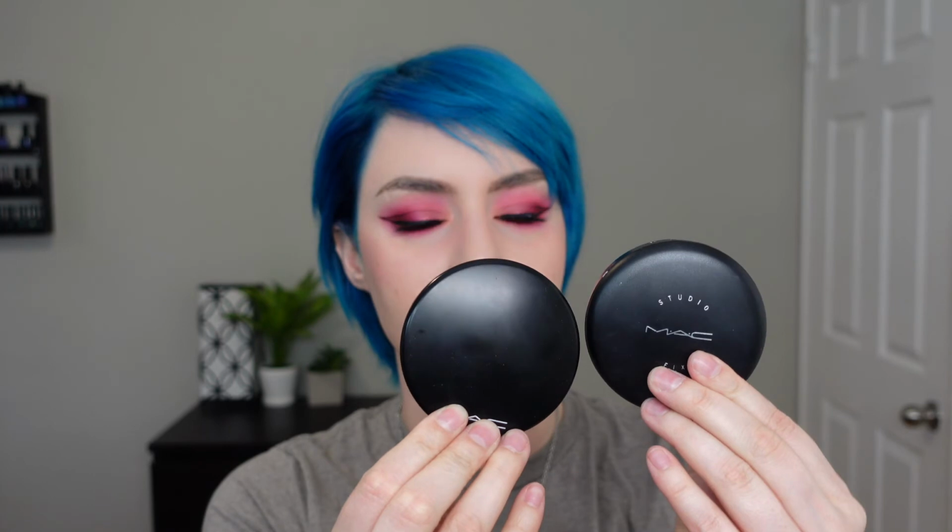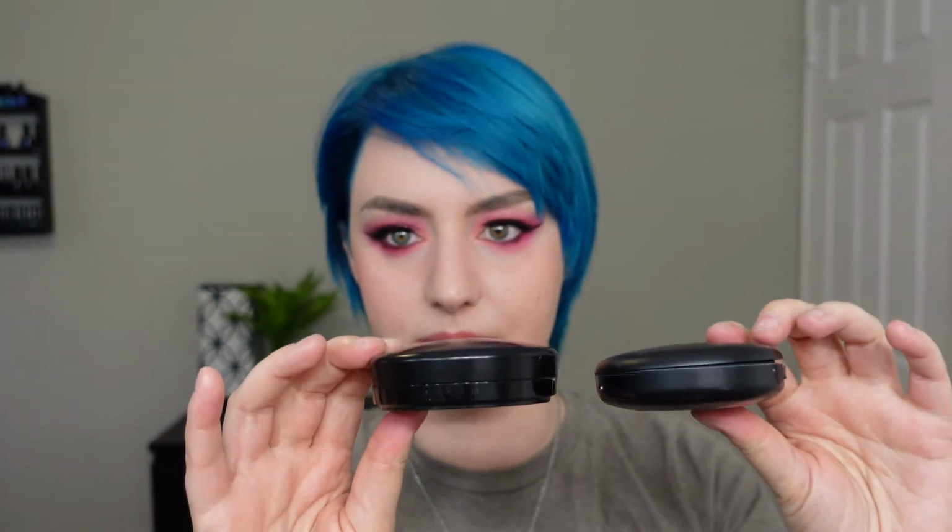So that's the Studio Fix, about the same size compact, but you can see the difference in packaging. And this is what it looks like. So the Mineralized Skinfinish Natural is a really nice powder if you want more of a natural finish to your skin. It does give you a light coverage, so I feel like these three powders, I like having them all on hand